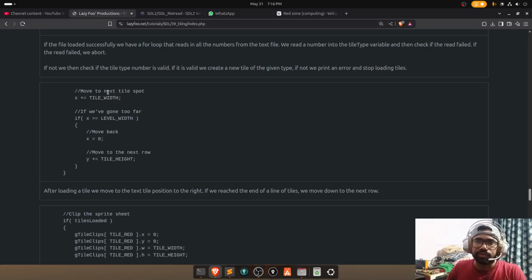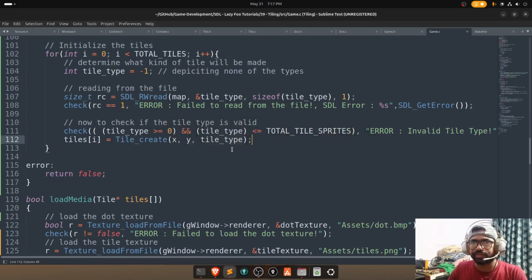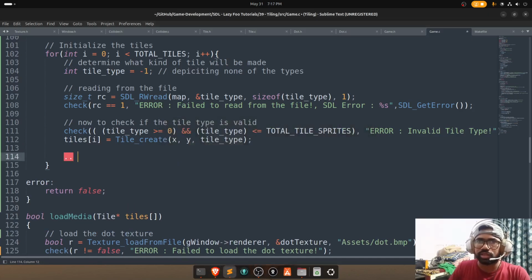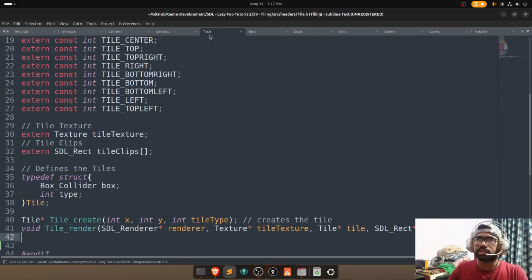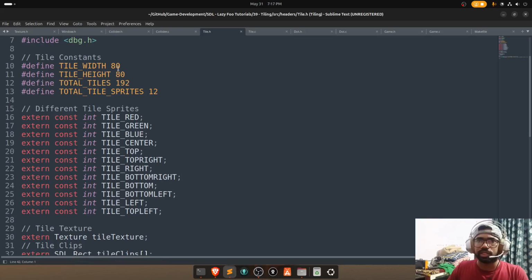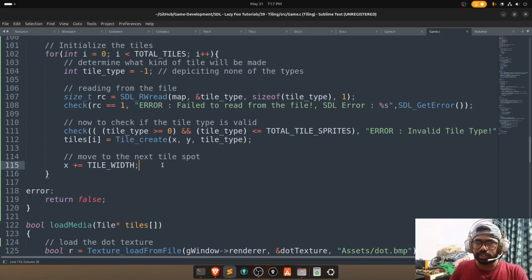So we move the tile spot. Okay, move the next tile spot, and then we move to the next tile spot, which is x plus equals tile width. Right, should be tile width shifted by 80. Then